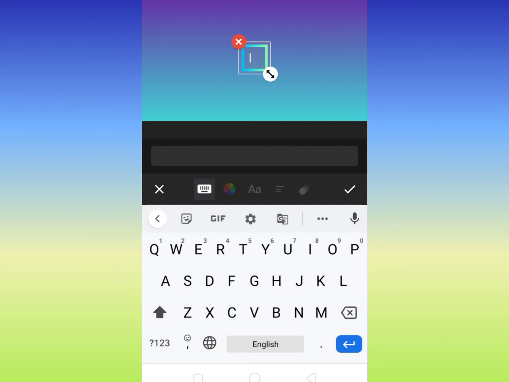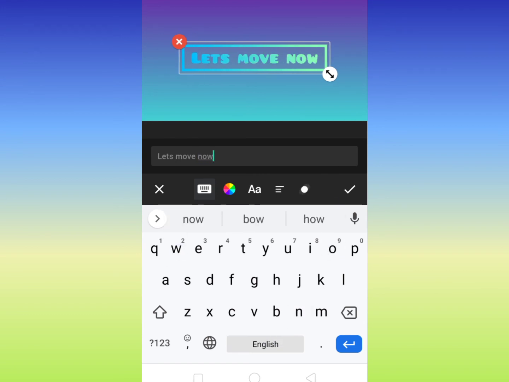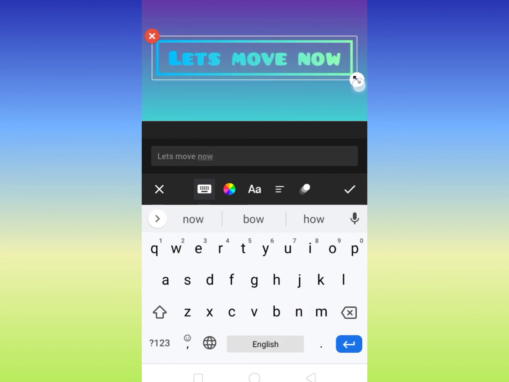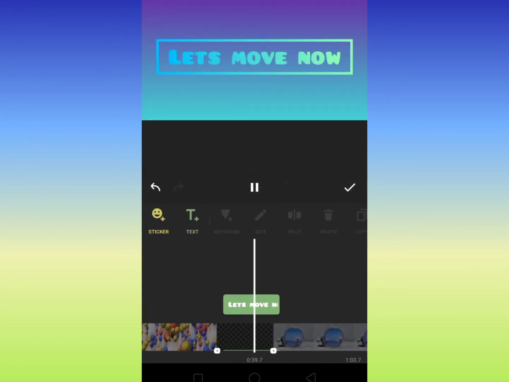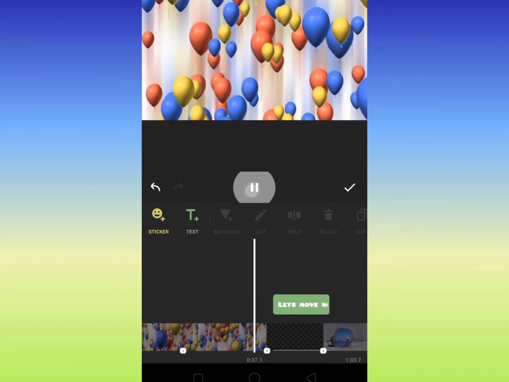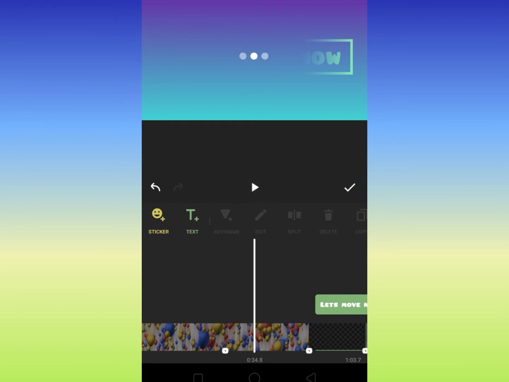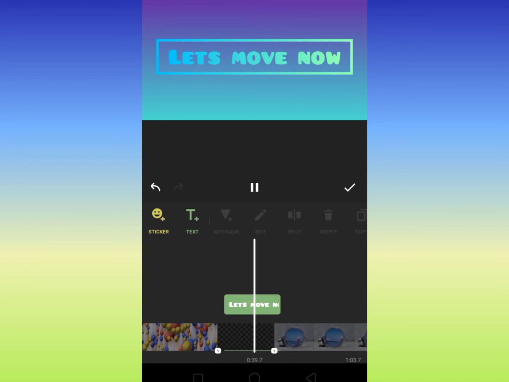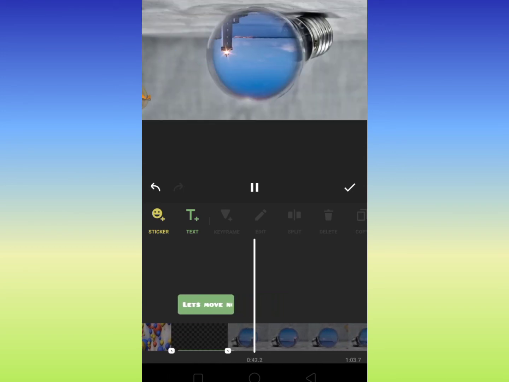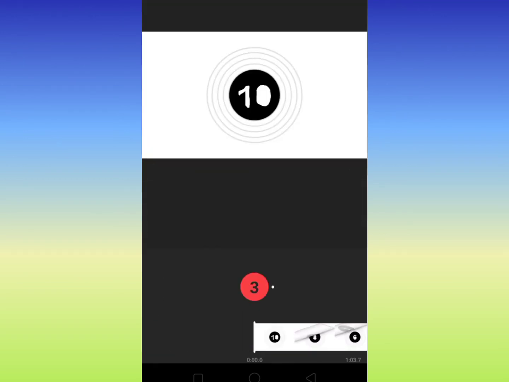And again all these text option, canvas option, split, delete, all these tutorials are there in my previous videos, so please go and check out those videos in case you want to learn these in detail. So this is fine for me, and yeah, it looks good. And once you are fine with this, you can click on this right arrow.